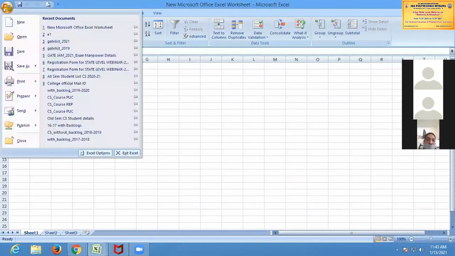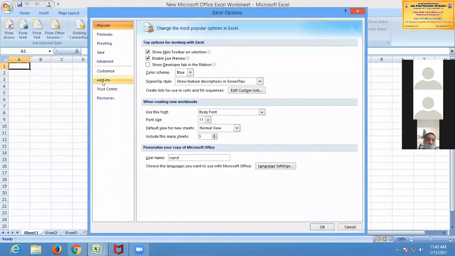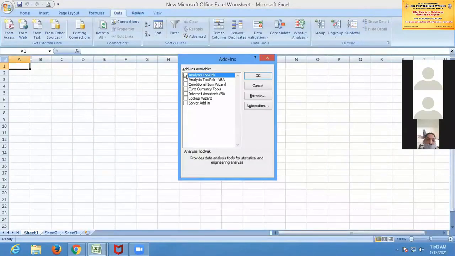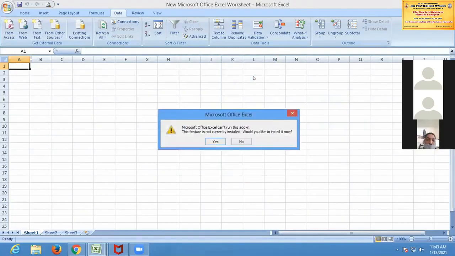Click on this start button. Here you can see the Excel options button has been enabled. Click on Excel options. Go to Add-ins. Here you will get Analysis ToolPak. Click on that. At the bottom you will get Manage, Go. Click on it, and you will get the tools. In this you have to select Analysis ToolPak. Enable it and then say OK. So this is going to be installed.